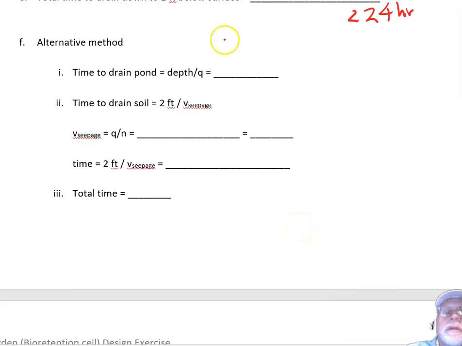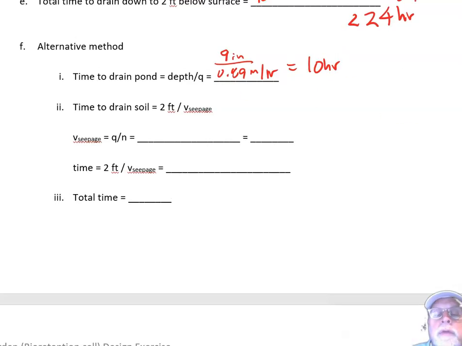By the way, these calculations, you could have just said the time to drain the pond is the depth, remember the flow divided by the total area, 9 inches divided by 0.89 inch per hour, 10 hours, and then once you get below the surface, and then in the soil we have the porosity,